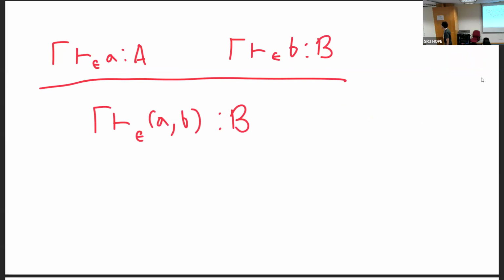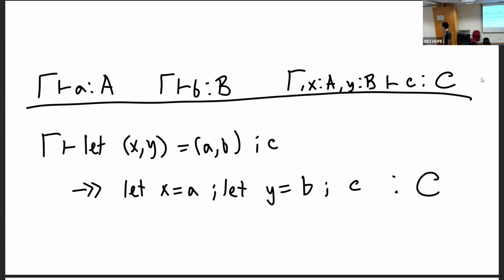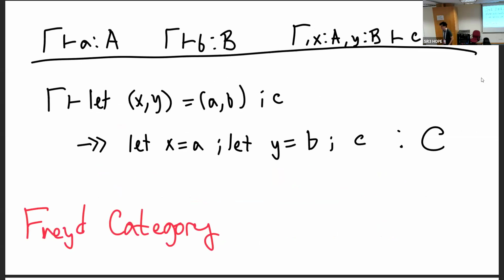So in particular, we will introduce pairs, we will introduce units, and we will introduce pair destructuring. We'll also introduce a beta operation on pairs, which basically says that in the arbitrary case, the pair let (x, y) = (a, b) in c just becomes two let bindings. In particular, we execute A first and then execute B. So pairs are always executed left to right. This, combined with the appropriate eta rule and a few weird kind of shuffle rules, gives our category the structure of a Fried category. So what is a Fried category?